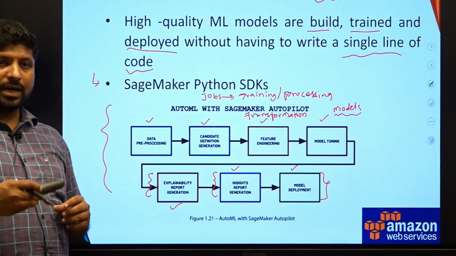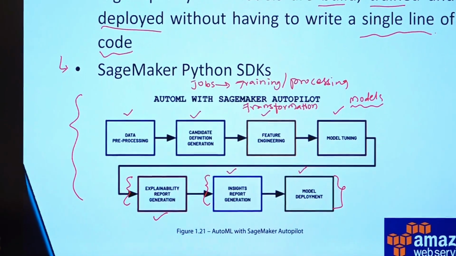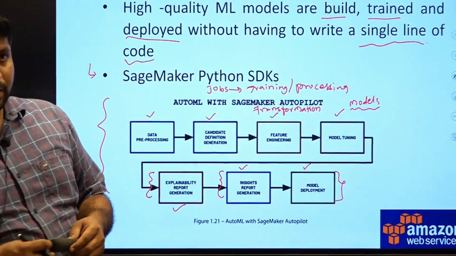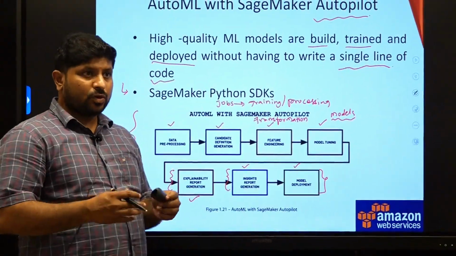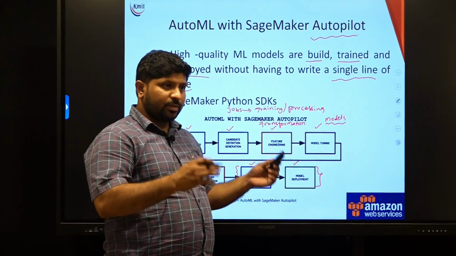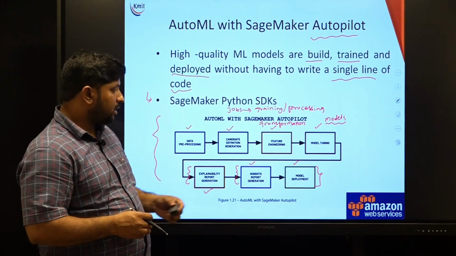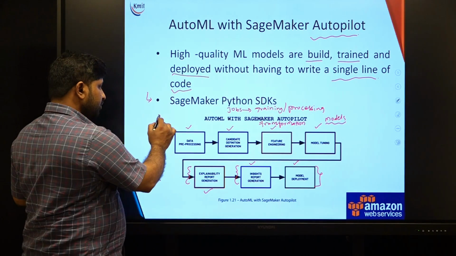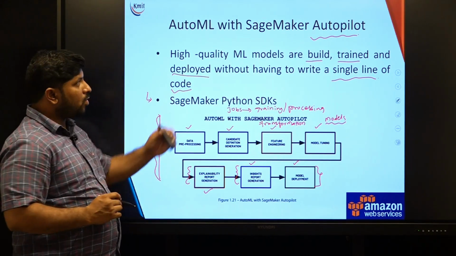Whether the insights which have been drawn are making accurate decisions based on the predictability score, whichever model gives better accuracy, that model gets deployed. So these are the steps which are done in the background by